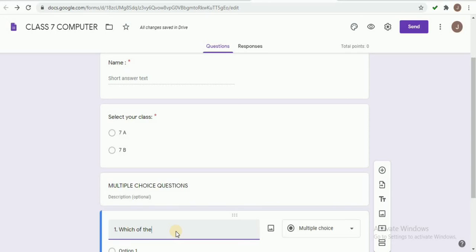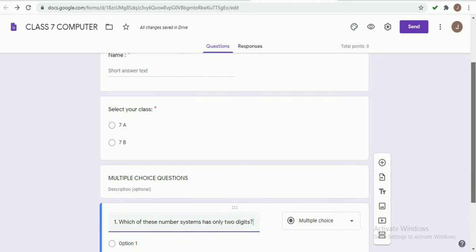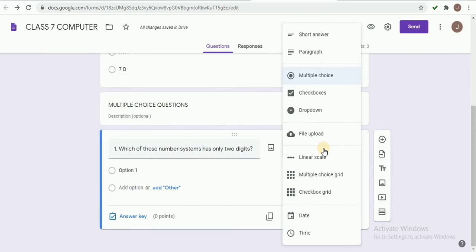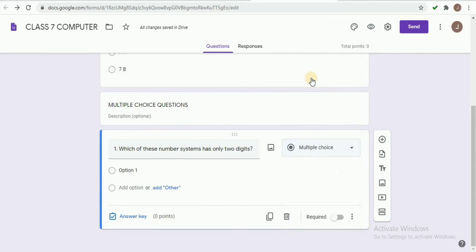My first question: which of these number systems has only 2 digits? Here my answer type is multiple choice. I am selecting multiple choice from this option.